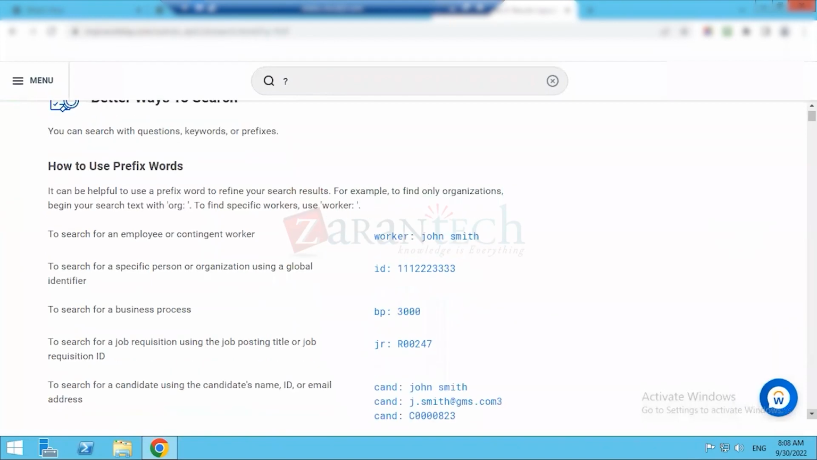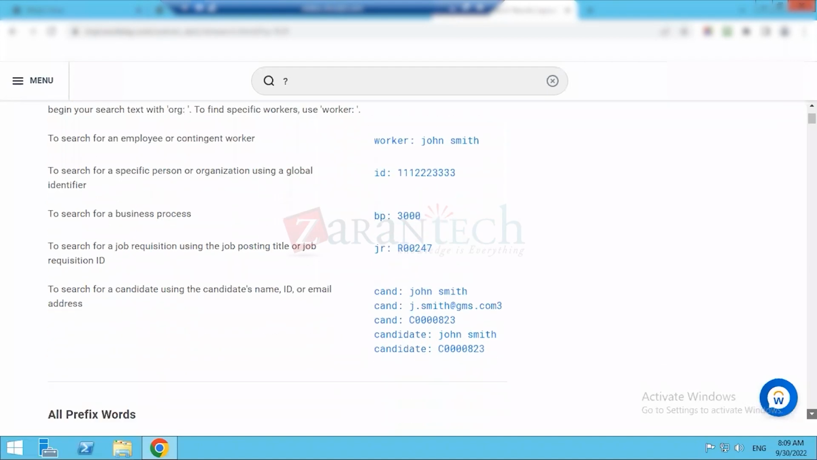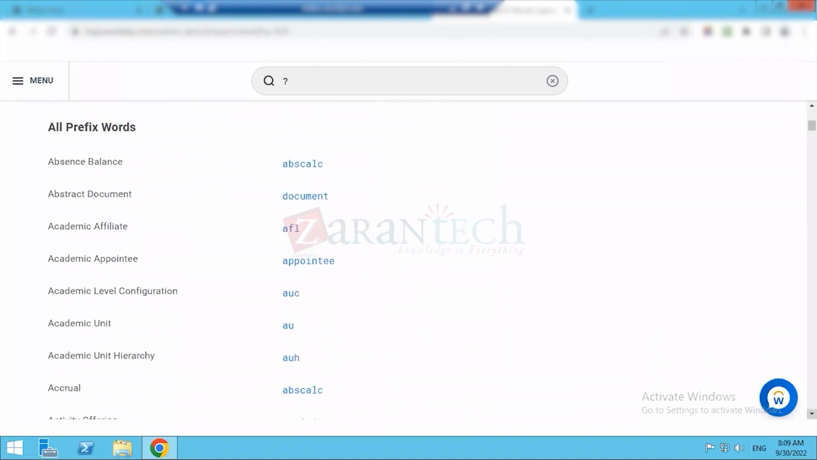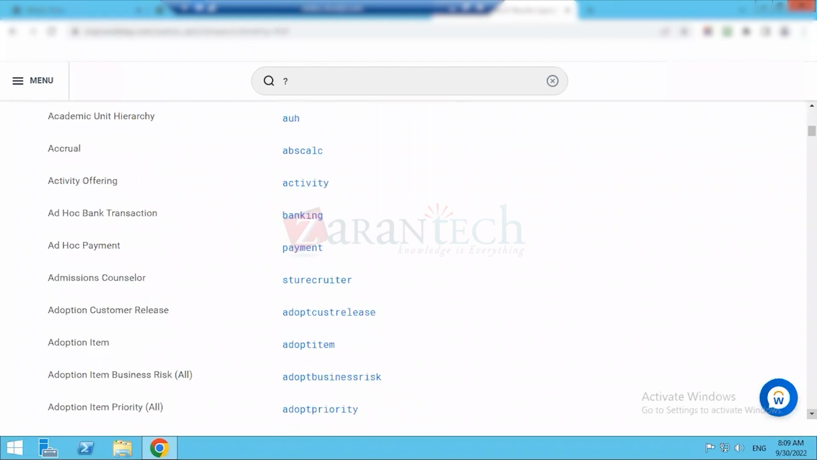Here you will be able to see all the business process prefixes that we can use. For example, for business process it is BP. For job requisition, we have JD. For candidate, we have CAND. So you can go through all the prefixes that you have. For absence balance, from here you can see all the prefixes that we have available